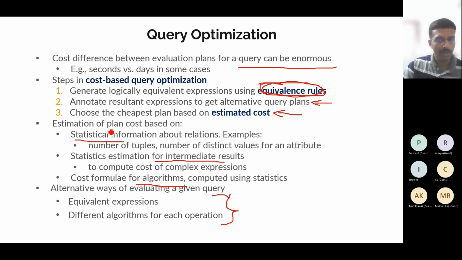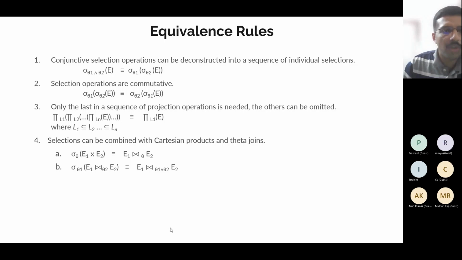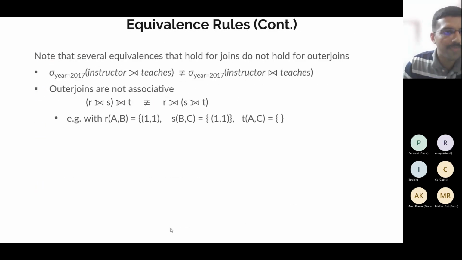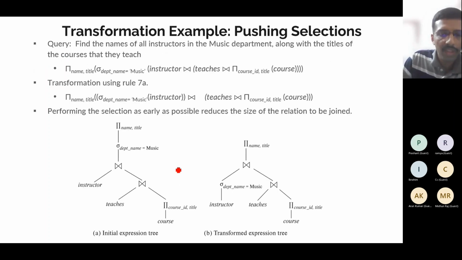The equivalence rules we saw here, I have just highlighted in the next 2-3 slides. I will not go through them because that is out of context to our discussion. But if interested, you can go through that. Basically, you can just read through. I have listed some 12-13 standard textbook equivalence rules. So we will just see an example for this query optimization part. We will not go into much mathematical detail. We will just go through the examples.